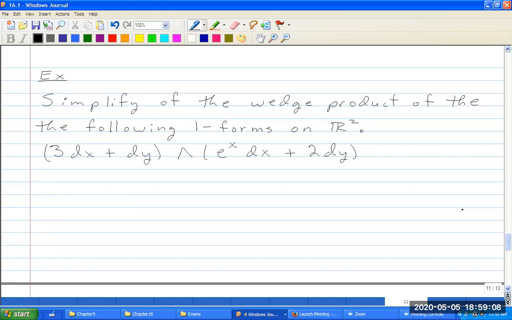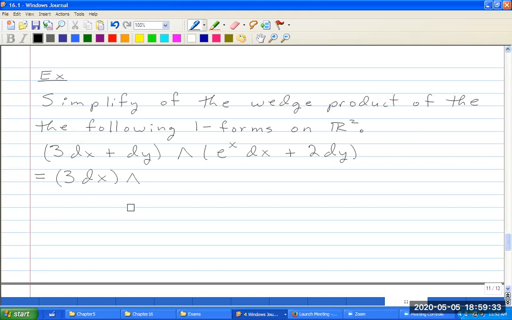So I have this one form, wedge this one form. So let's multiply this out. So by the properties, well, again, the wedge product just acts like a regular product. And so by the distributive property, we can just write this as 3 dx